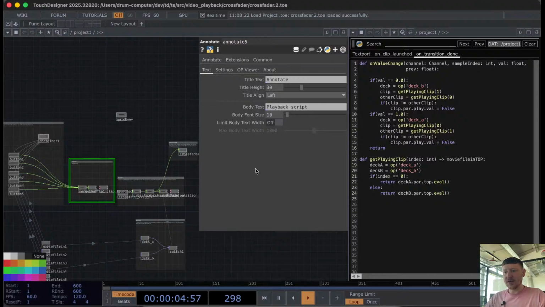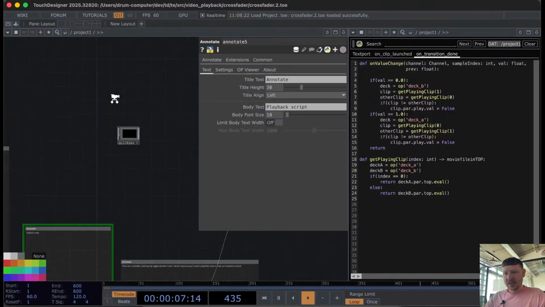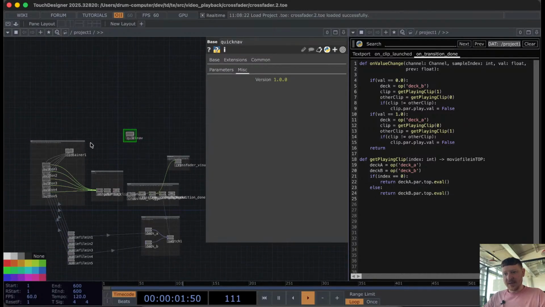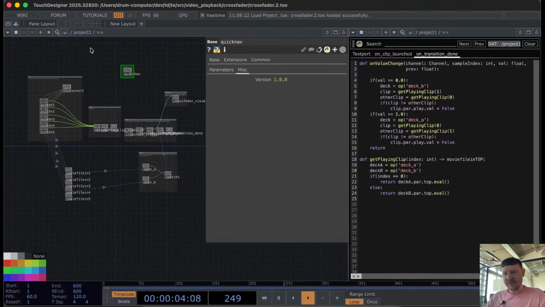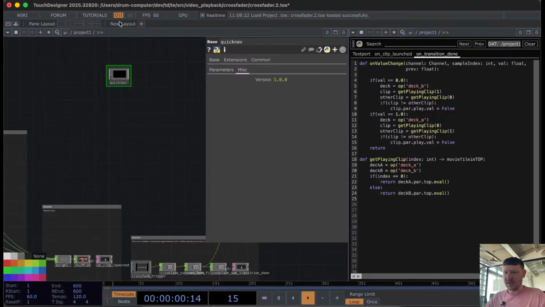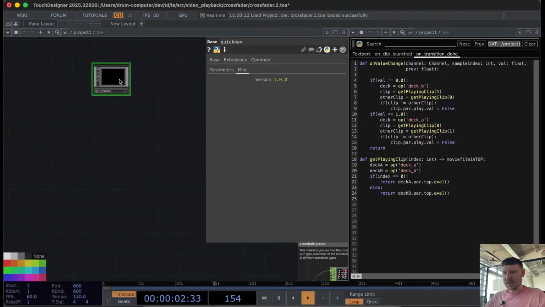So this is our Crossfader project, and we have a quicknav here, and I'm thinking, should we put all of this under the Crossfader base, or is it fine to be in the root of the project one? Maybe it's fine. The Crossfader quicknav would be a bit out of place here, but I think it's okay. So we're just gonna delete this quicknav,